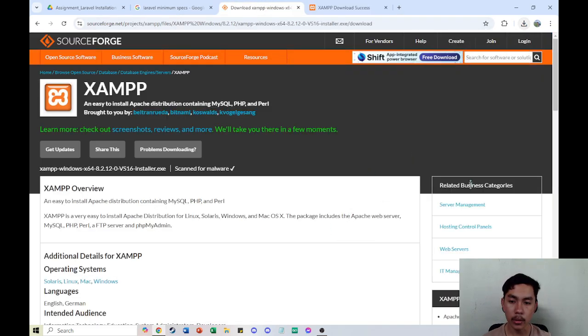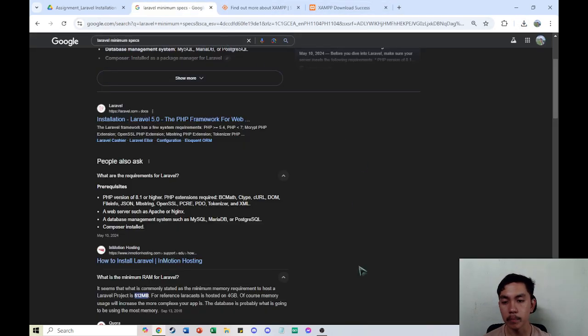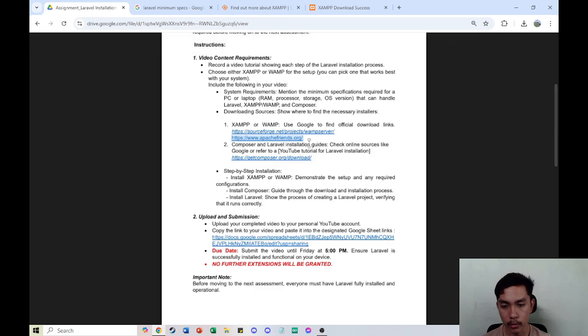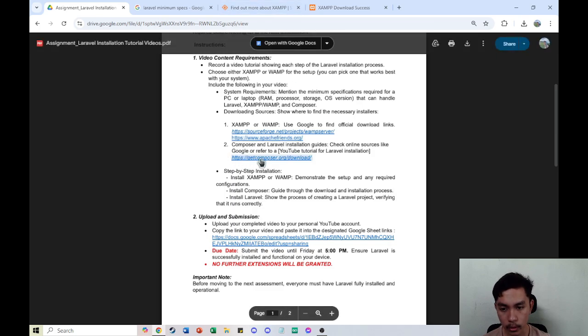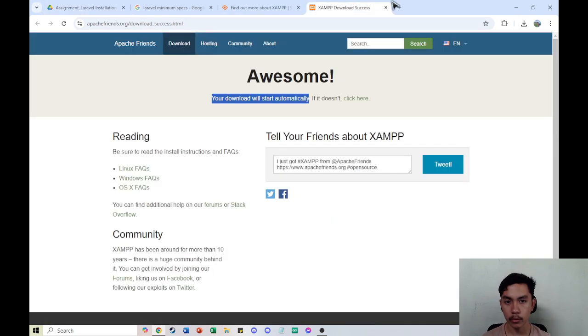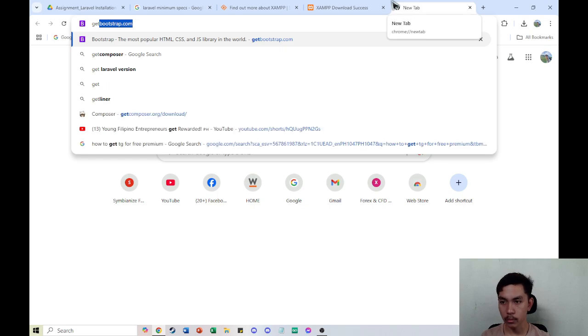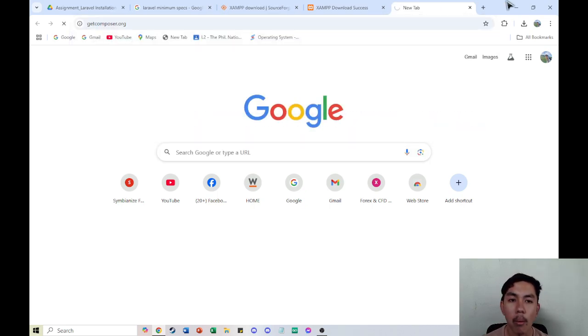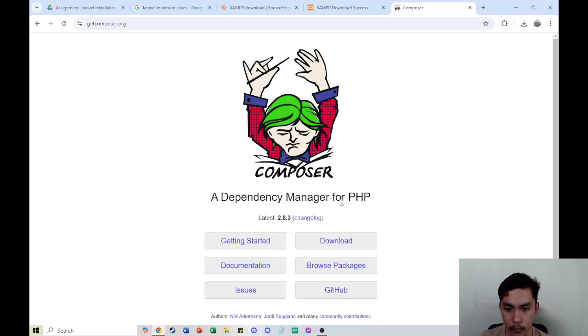After downloading XAMPP, we must download the second one, which is Composer, for Laravel, right? So this is the link for Composer, getcomposer.org. Right? So we have here Composer, the dependency manager for PHP. Let's click download,